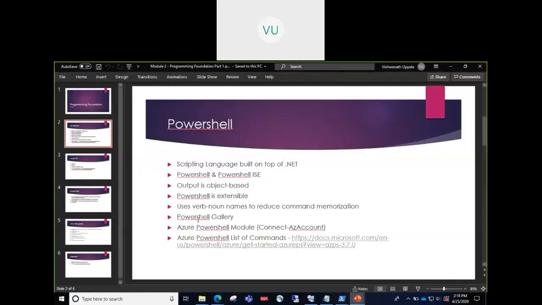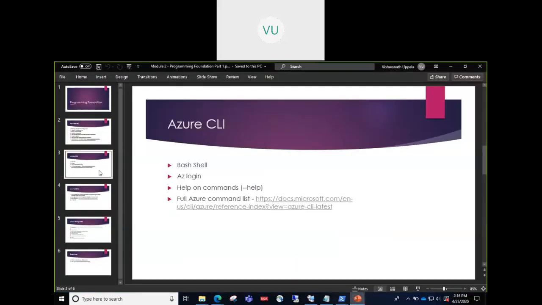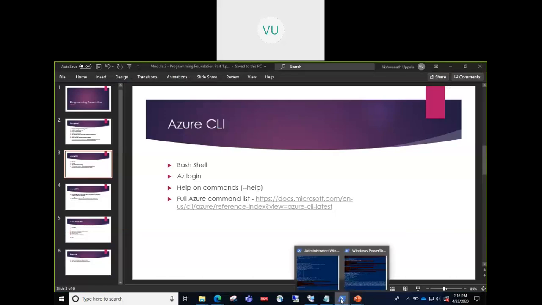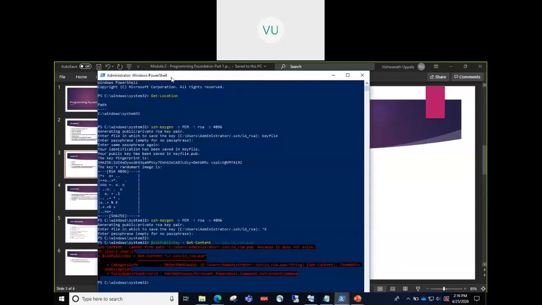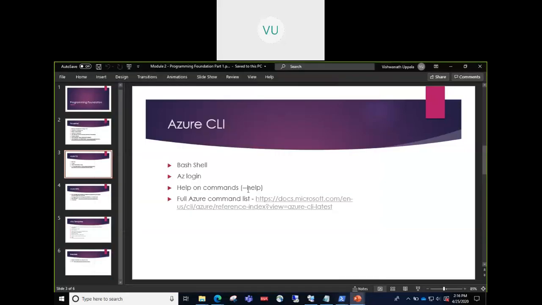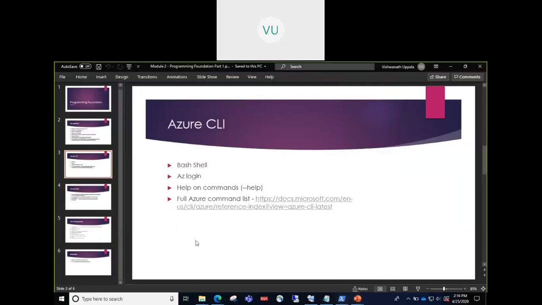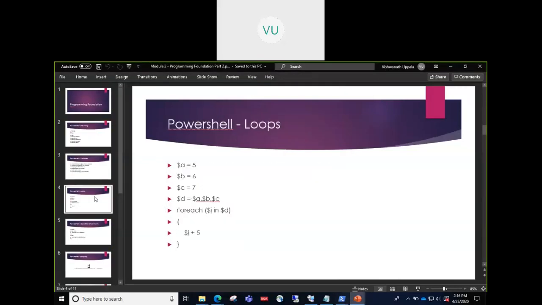So this we already looked into, and then we also looked into how we can connect to Azure. I mean, this is already connected, but if we are working in our Windows PowerShell, which is on our system, then we need to provide the context of our Azure to this PowerShell session. For that, we need to first log into our Azure subscription. So to do that, we have to use a command called, where is it?